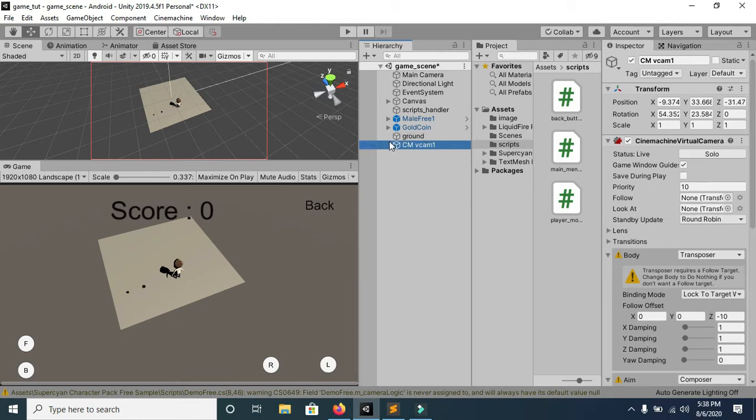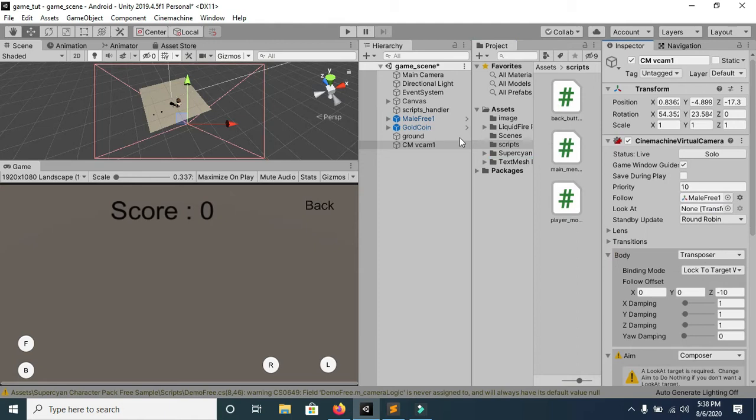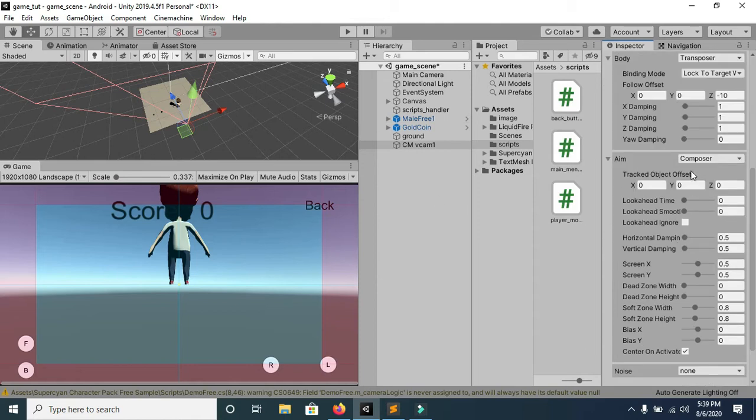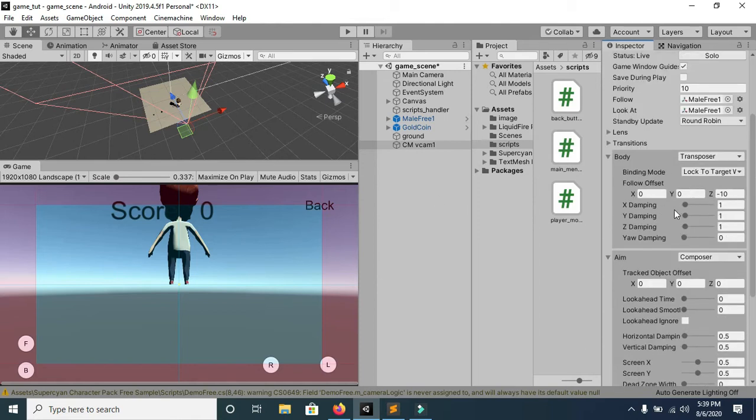What we have to do is drag and drop the game object which we want our camera to follow. We want our camera to follow this player, so that's why I have dragged this player into both of these sections.